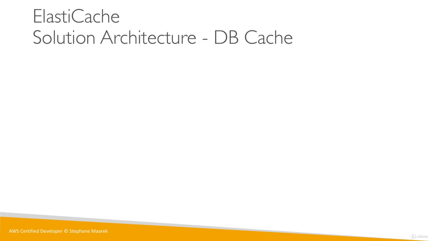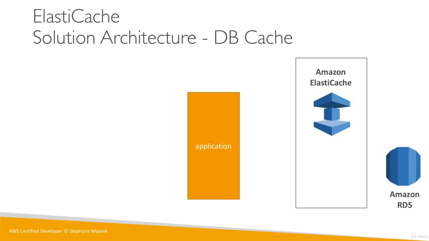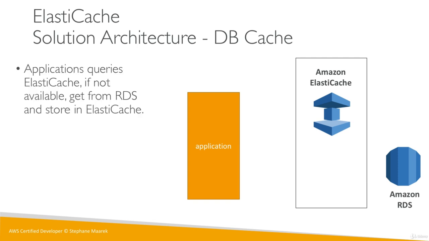Now, you may be asking, how does it fit into my solution architecture? And at first I was troubled too, and really this diagram that I created really helps put things into perspective. So when we have our application, it communicates to RDS, as we've seen from before, but we're also going to include an ElastiCache. And so our application will basically first query ElastiCache. And if what we query for is not available, then we'll get it from RDS and store it in ElastiCache. So that's called a cache hit when you get into ElastiCache and it works. So we have an application, it has a cache hit, and we get the data straight from ElastiCache. In that case, the retrieval was super quick, super fast, and RDS did not see a thing.